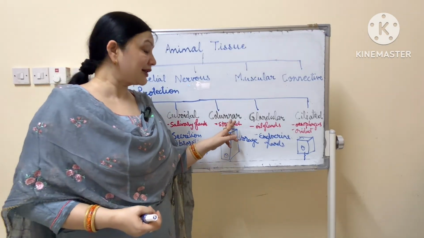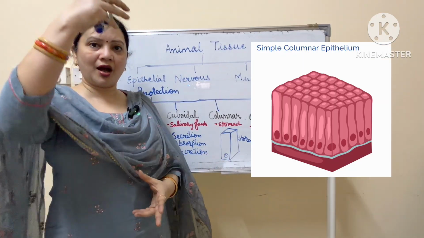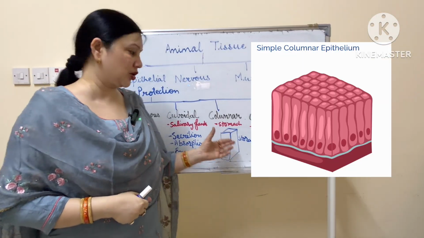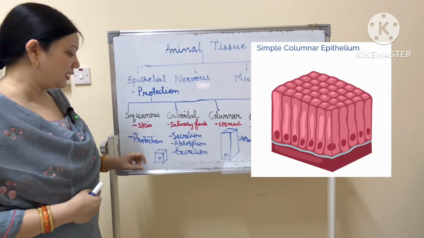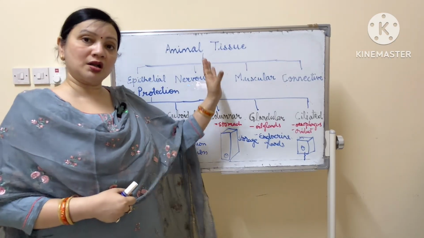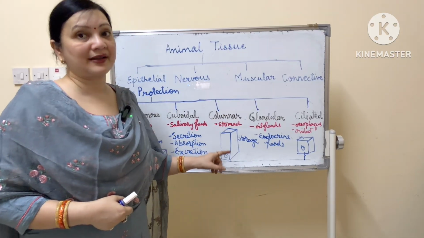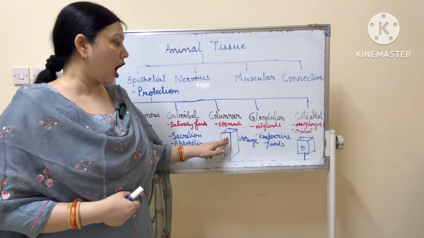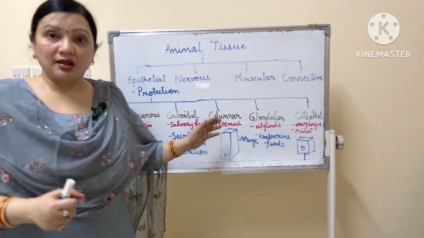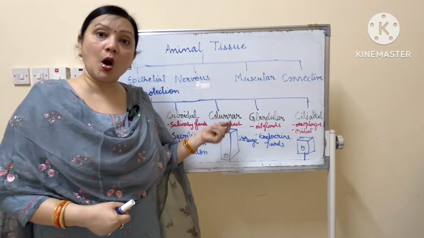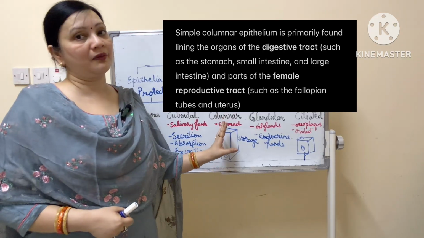Okay. So the next tissue is columnar epithelium. The name tells it's a long jar-like thing. That means more things can be stored. Here, it's a small jar. So the nucleus is present usually near the center. Here it's a long tall jar. Now if the nucleus will be here, how will things go down? So the nucleus in this is present towards the base, so that a large cavity remains empty for things to be stored. Stomach, large intestine, small intestine, all these places you will have columnar epithelium.